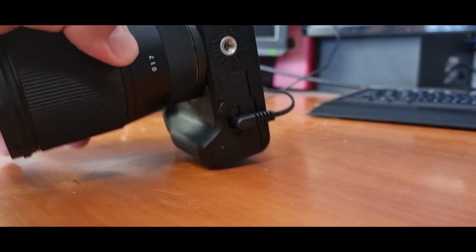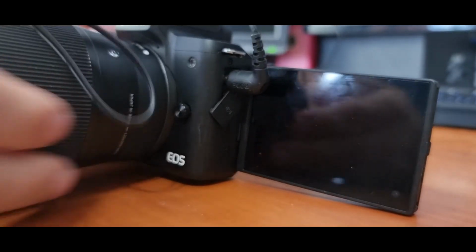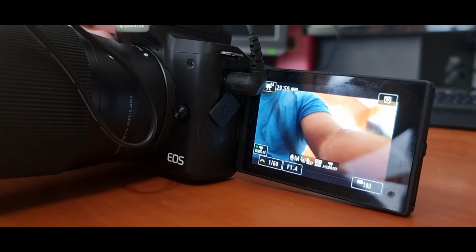The AC power supply is on, and now we will be turning on the camera, the M50, and let's see if it works. It works actually